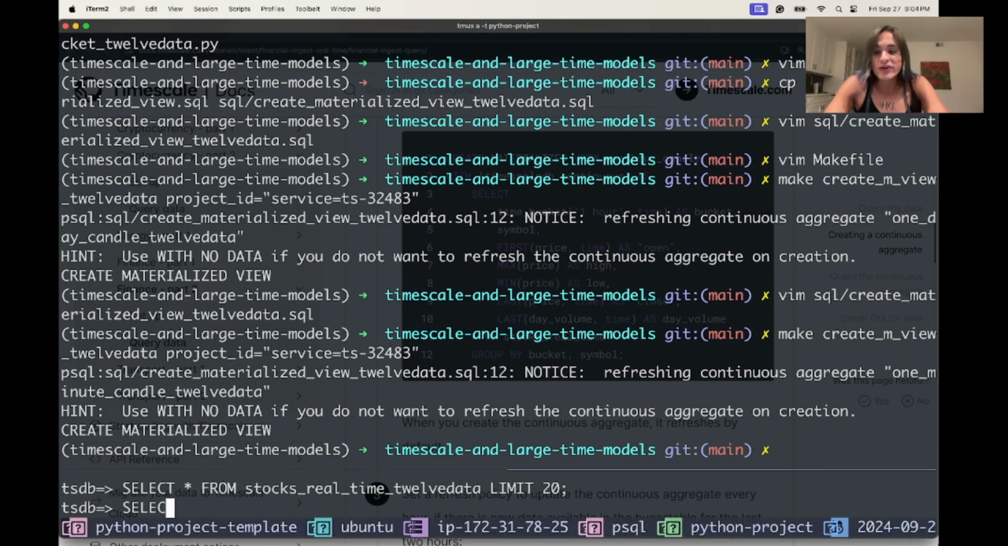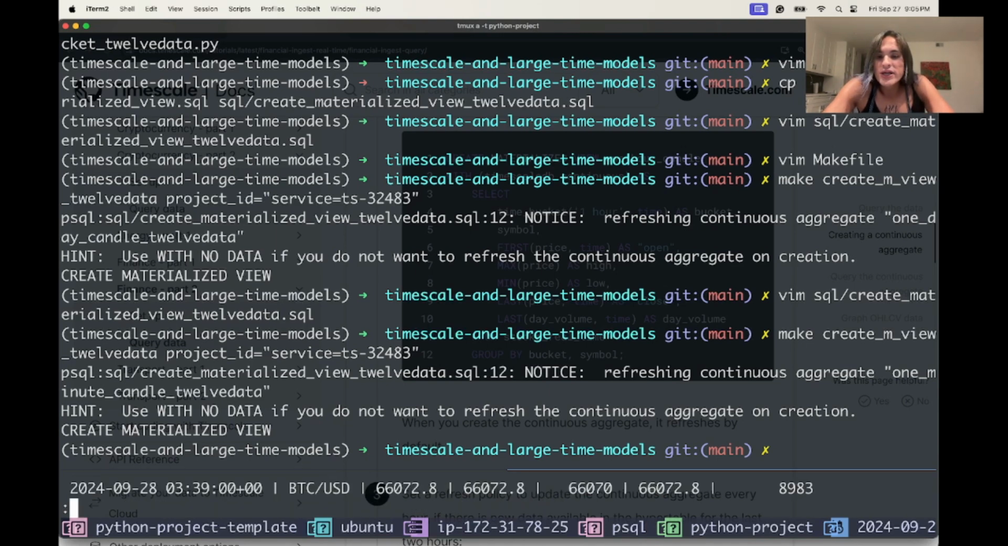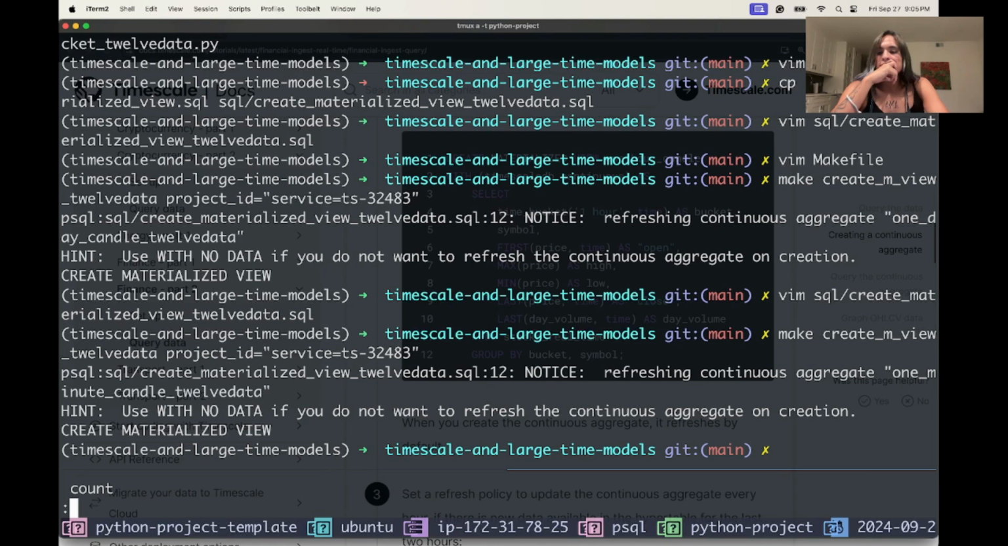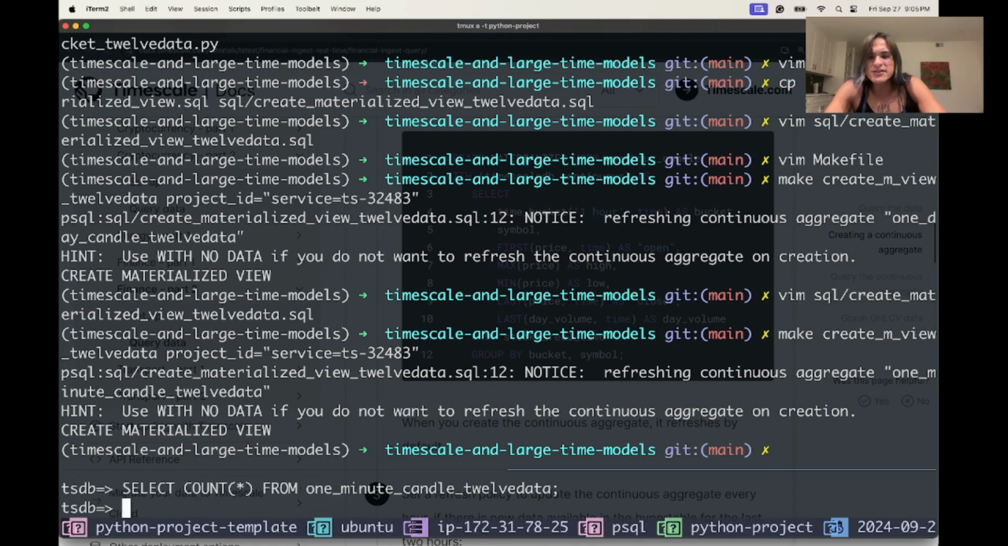Let's see our materialized view, which is called 1. Oh, I didn't know it has autocomplete. So we have the table. Let's see how many values this has. Select. So we have 5, which I think is pretty good